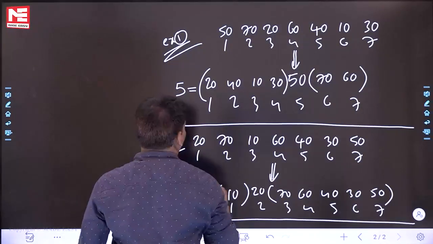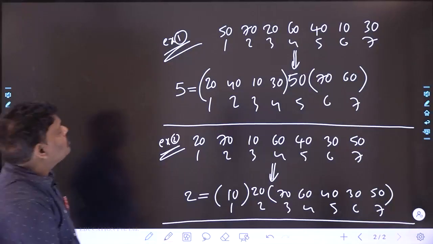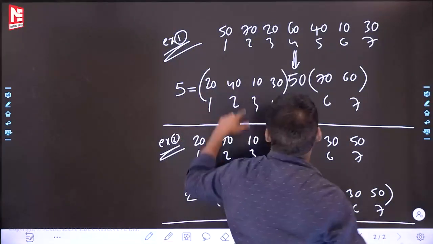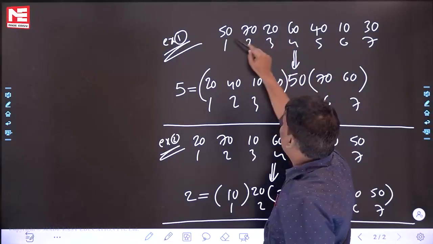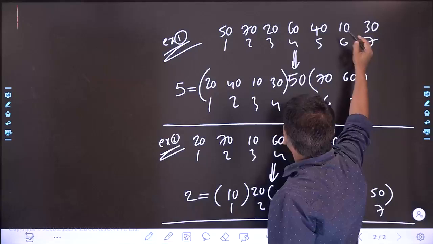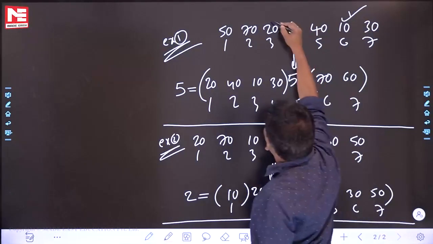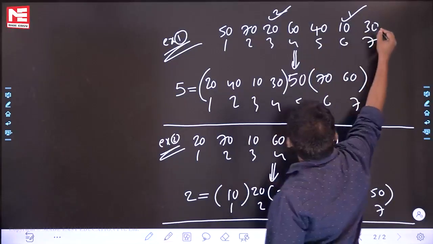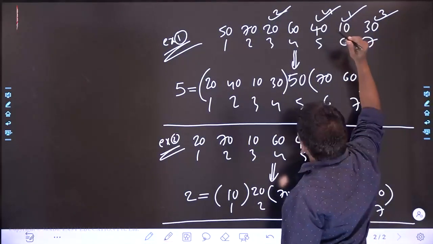What happened exactly? Let me explain. Carefully listen. Can you help me with one small question? In this array, who is the first smallest element? 10. Second smallest element, 20. Third smallest element, 30. Fourth smallest element, 40. Fifth smallest element,